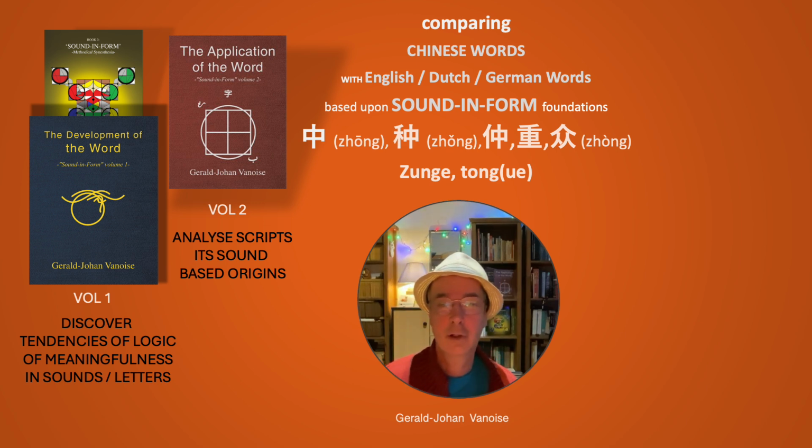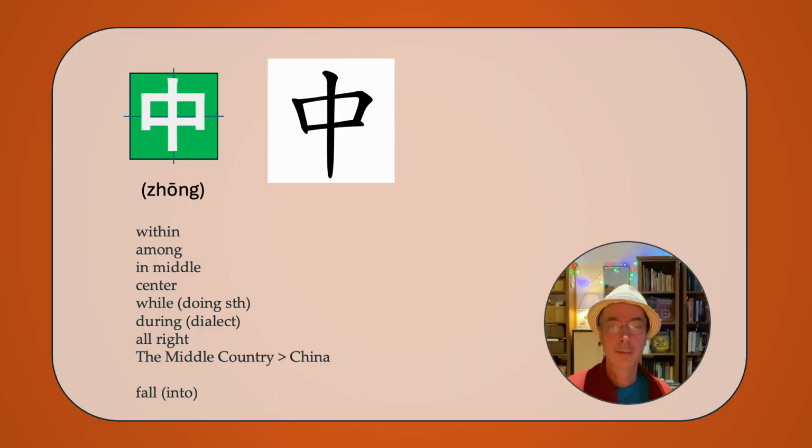And I have some comparable sounding words like zhōng, zhōng, and Zunge. Zunge is a German word for tongue, and we have the English or Dutch word, if you like, of tongue as well to compare it. Now you will notice in a moment why such different meanings are still related, even though it's not immediately clear how a tongue can be the same as zhōng in a different context, but I will show you in a moment.